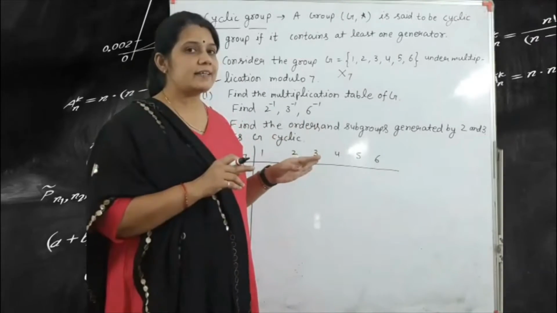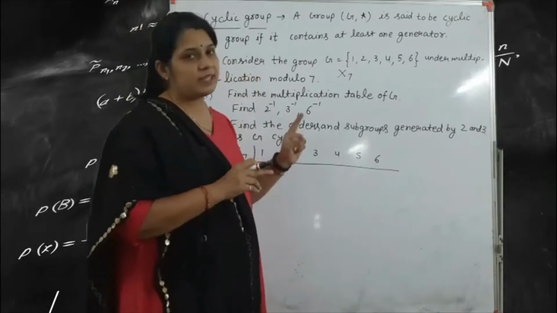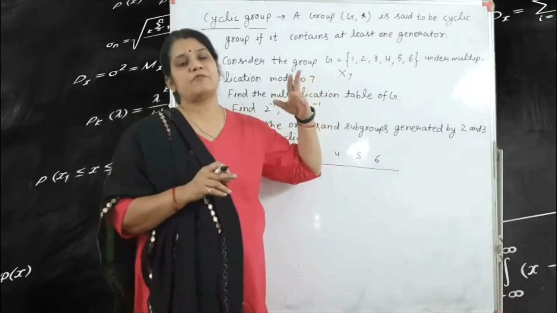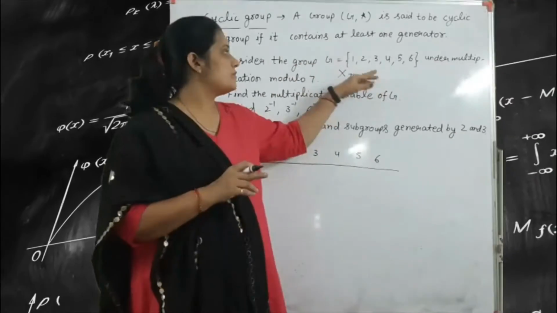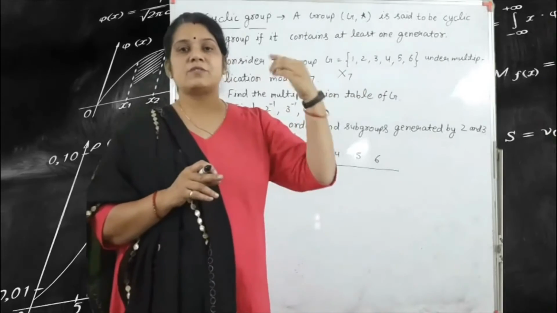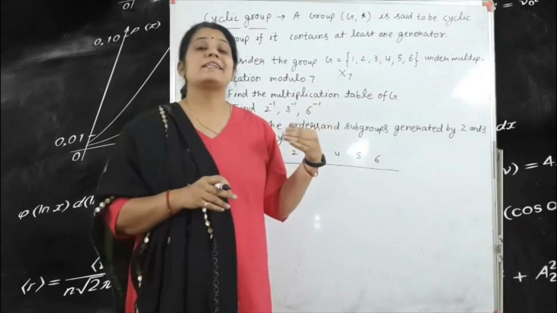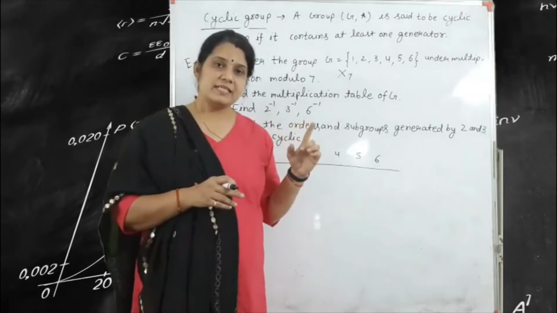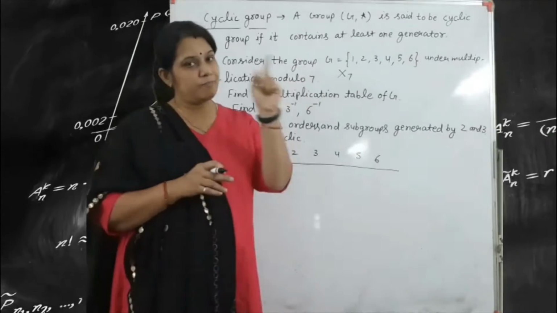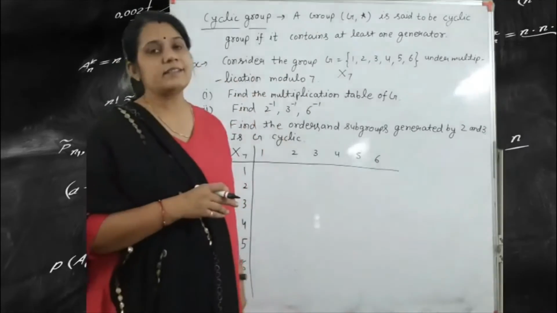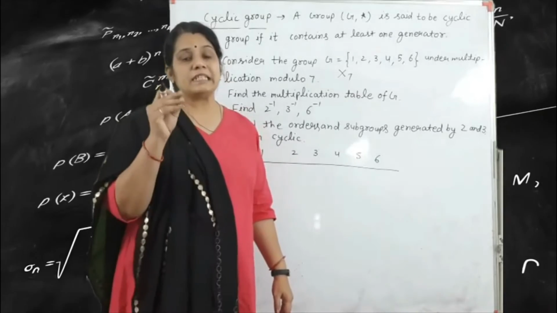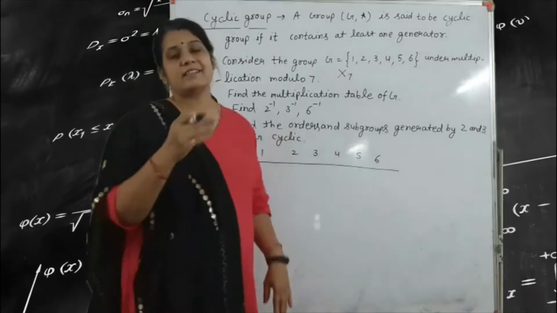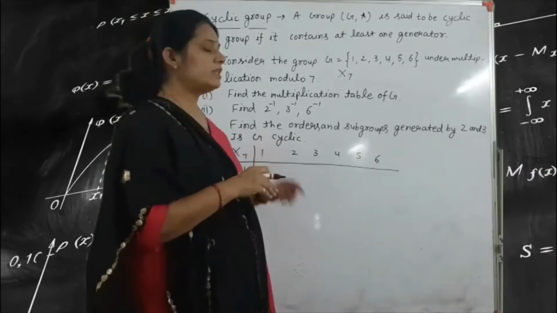So what do we mean by cyclic? That means we take the elements 1, 2, 3, 4, 5, 6 one by one with powers 1, 2, 3, 4. Next we use the second element, 2 raised to the power 1, 2 raised to the power 2. Next, 3 raised to the power 1, 3 raised to the power 2. If at least one element can be written in the form of powers 1, 2, 3, 4 generating all elements, then we can say that this is a generator, and so this is a cyclic group. Okay, so let's start the solution.